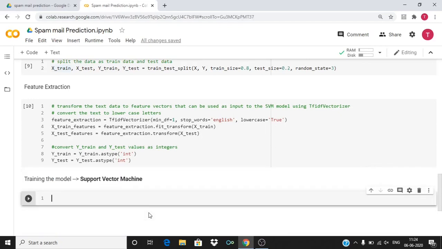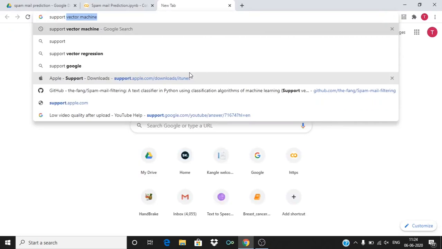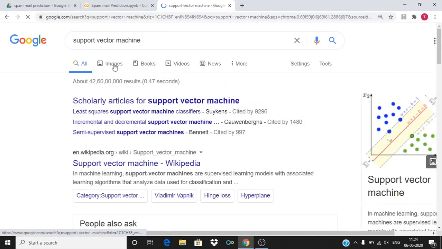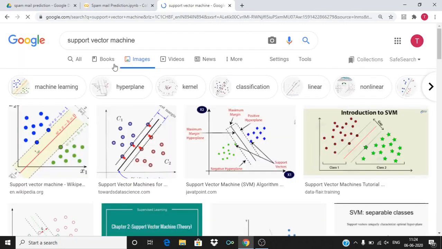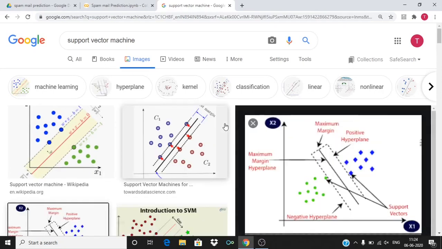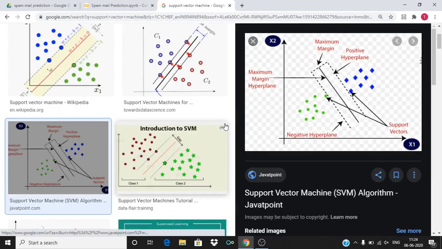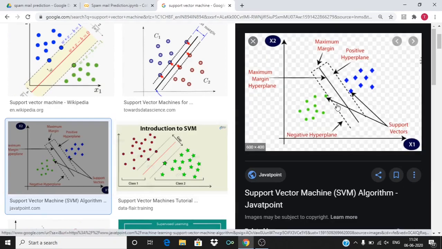I'll go ahead and search and show you a few things about the support vector machine model. You can see the SVM function here. It basically segregates the data into two sides. You can see the prominent line in the middle. This line is called the hyperplane, the maximum margin hyperplane.